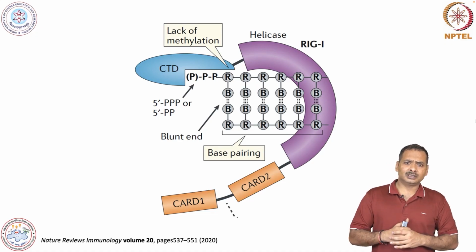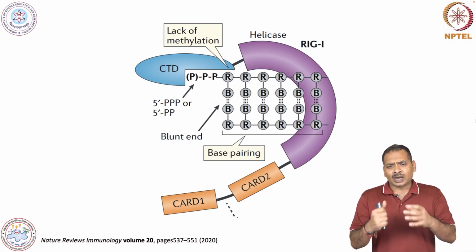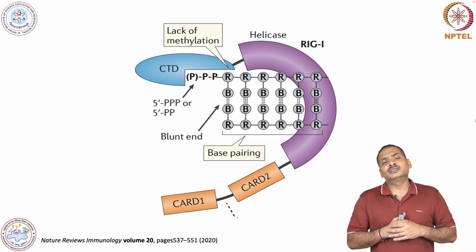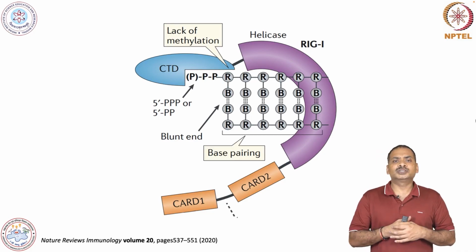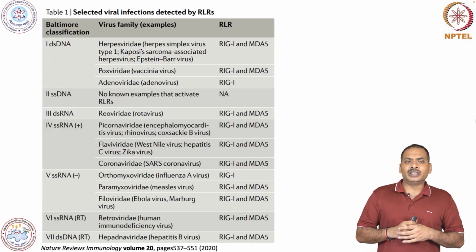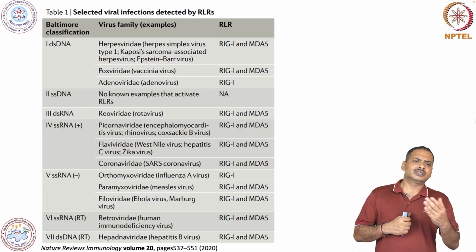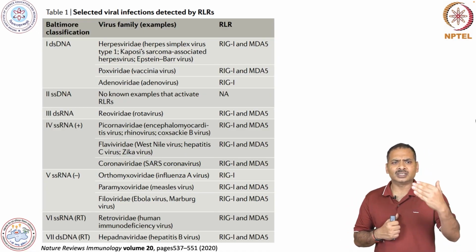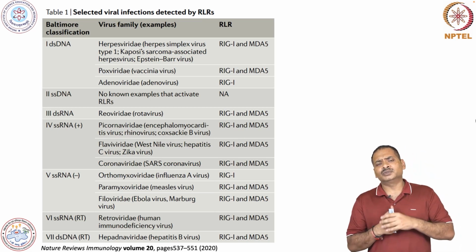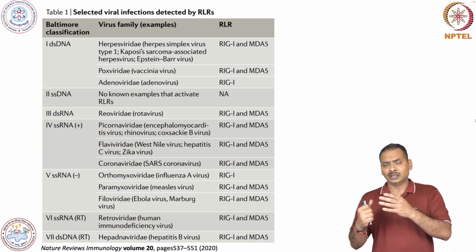This domain is not binding with CARD. Okay. So CARD is basically involved in activation of downstream signaling. Okay. So now I will discuss what are the various viruses which are recognized by this RIG-I and